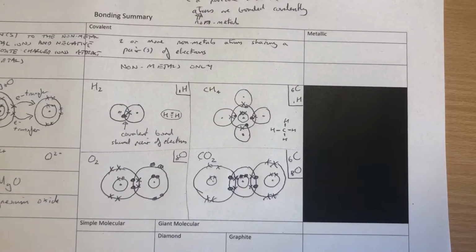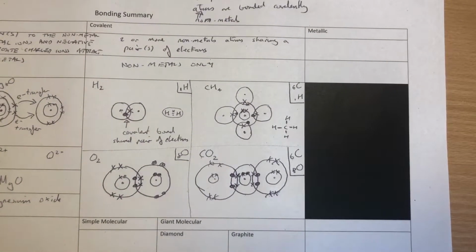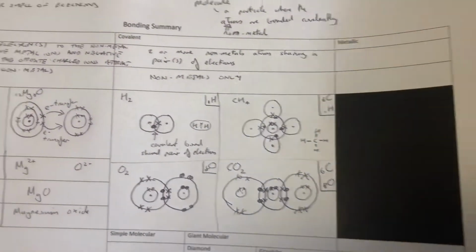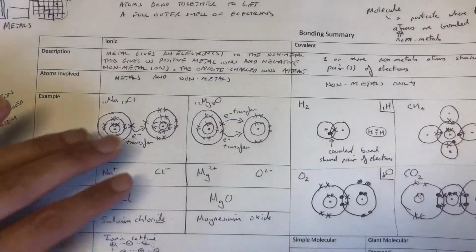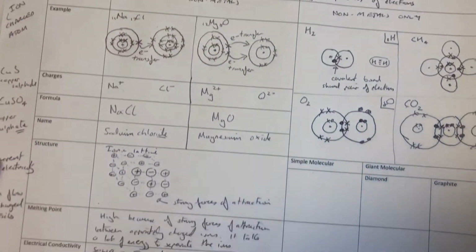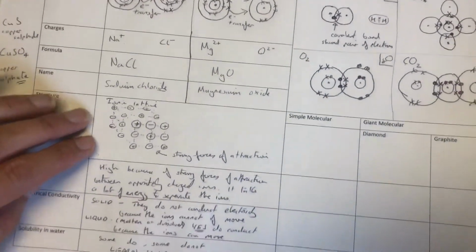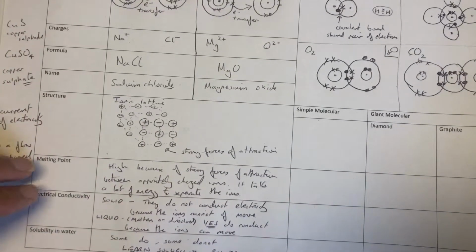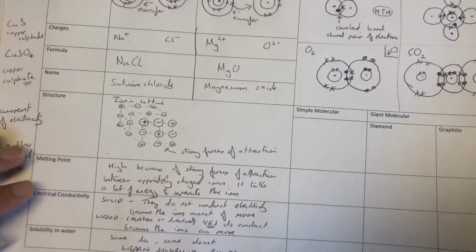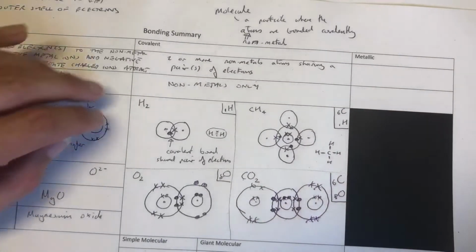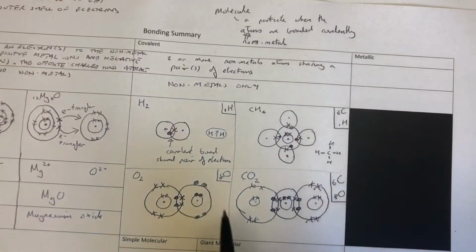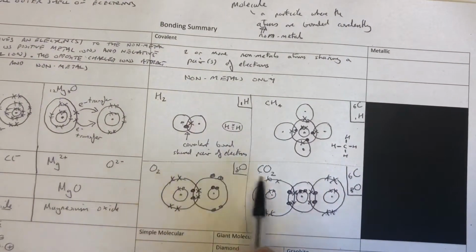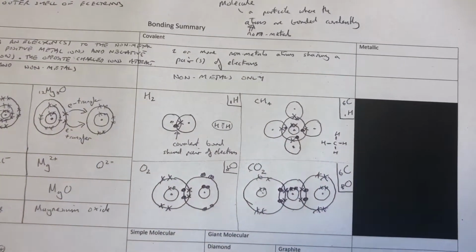Right, this is our bonding summary video 3 now. So far in our first 2 videos we've looked at ionic bonds, how they're formed, and how the structure looks and the characteristics of the ionic substances. By characteristics I mean melting point or electrical conductivity. We've done covalent bonding. We've done some simple molecules here of hydrogen, methane, oxygen and carbon dioxide, exactly how those